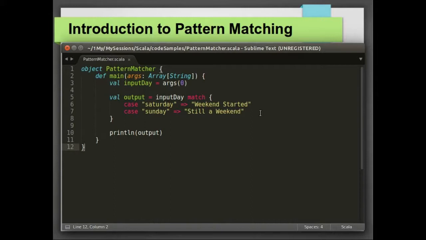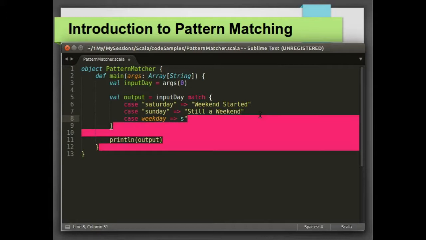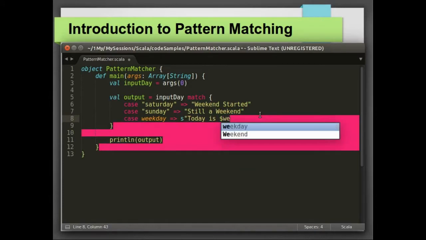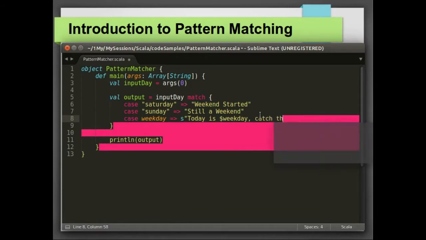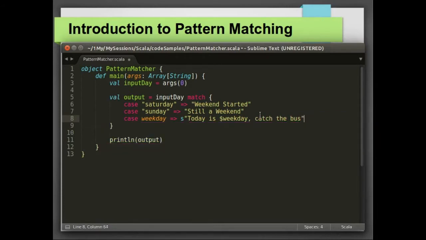As usual, we have a value called input day. We are going to introduce a new variable, weekday. If the incoming value does not match Saturday or Sunday, then Scala will assign the incoming value to weekday. So if we pass Monday, Scala will go ahead and evaluate the expression on the right hand side of the arrow to return the value: today is Monday, you have to catch the bus.